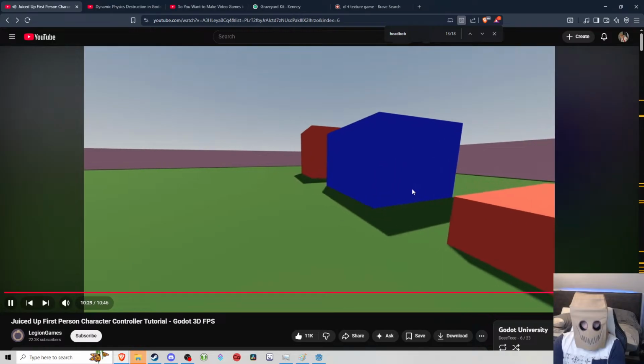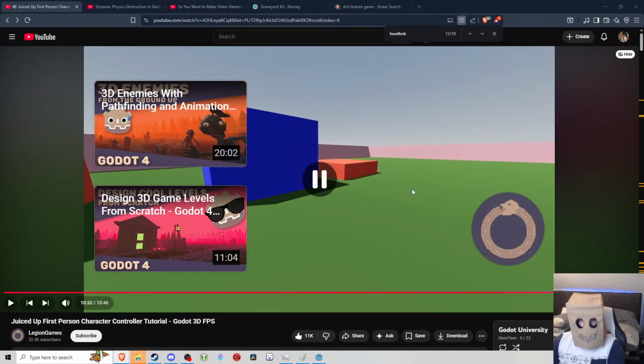And with that, our character controller is complete. The link to the GitHub